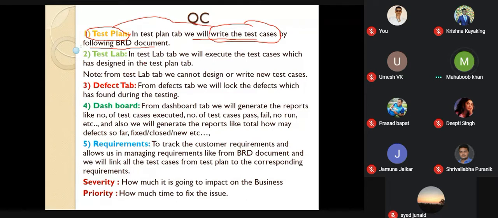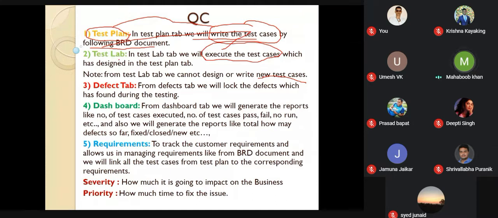In test lab, we will execute the test cases, guys. Whatever we have written in test plan, test lab will be executing those. Note, from the test lab tab, we cannot design or write a new test case. We can't create a new case or new scenarios from the test lab tab.